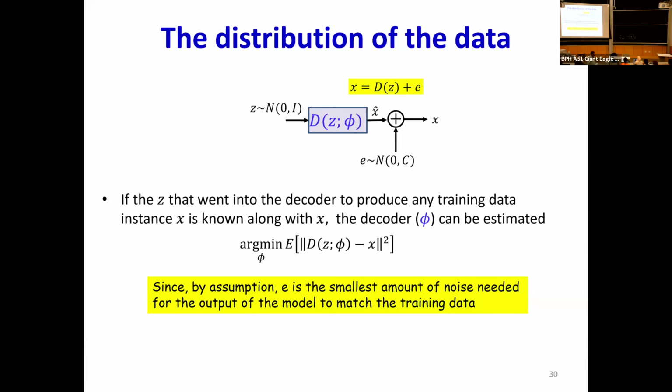I could do that over here, except I don't know the value of Z for any input. For every input, if I knew the value of Z, I could take the Z, X pairs, the collection, push them through a standard regression training, and I just learn my model. What can I do if I don't know Z? Anybody? I don't know Z, right? What can I do?